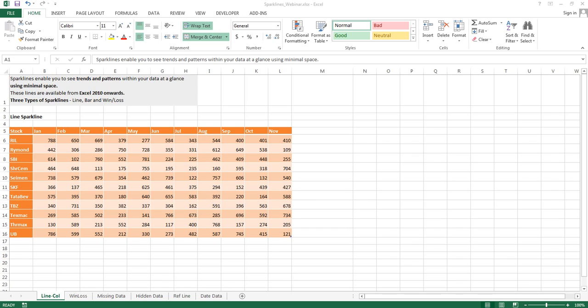Whenever we have to look at a trend, we use line charts. Now, if I was to make a normal line chart for all of these stocks and put it on one chart, I would not be able to understand the trend of each and every stock properly. For example, if you look at the second last stock, 130 is the minimum value over here, and on the top there is a value of 788. If I plot a chart with so much variation between minimum and maximum values, it might not be very clear how the trends are for each individual stock.